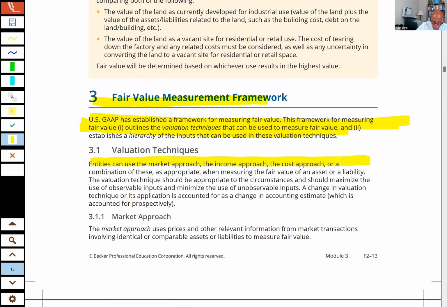They give us three different approaches: the market approach, the income approach, or the cost approach, and we can use a combination of those. The market approach uses prices and other relevant information from market transactions involving identical or comparable assets and liabilities